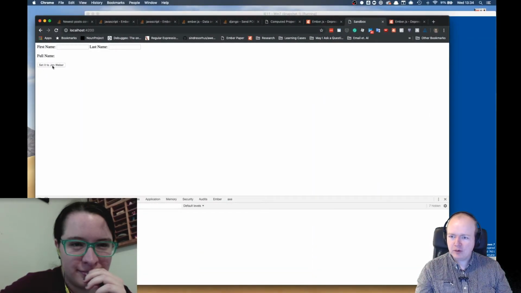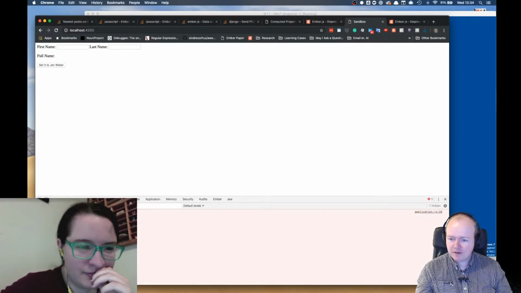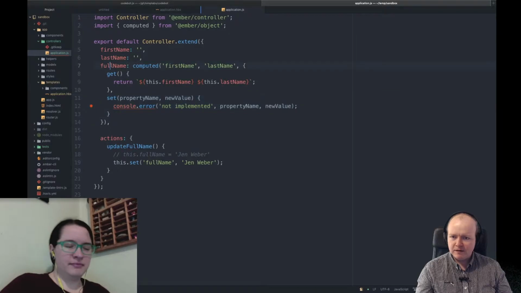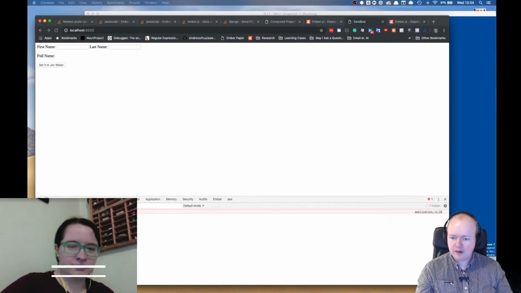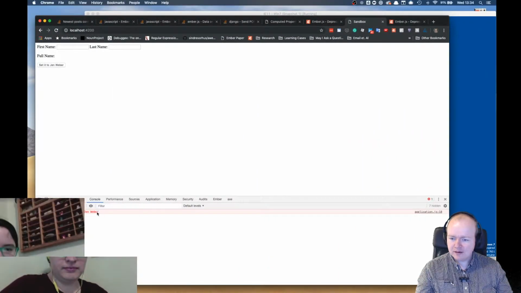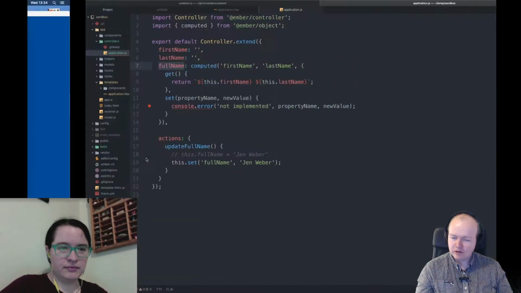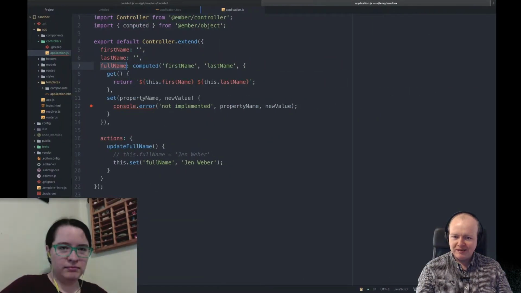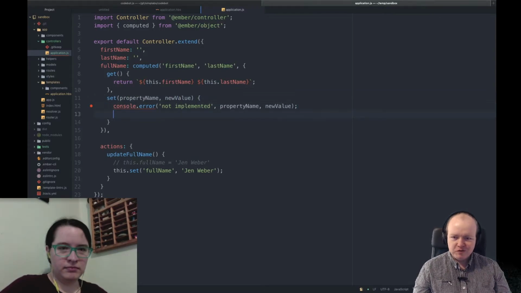Apparently, when you hit set, it gives you the name of the parameter, here full name, and the new value that you're working with, which is interesting. I don't know why it would send in the property name, but it's cool. So what I'm going to do here